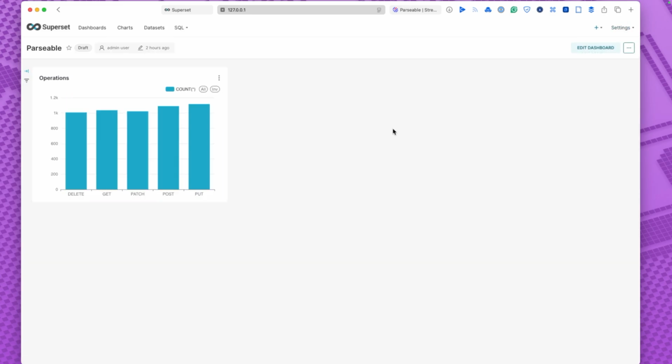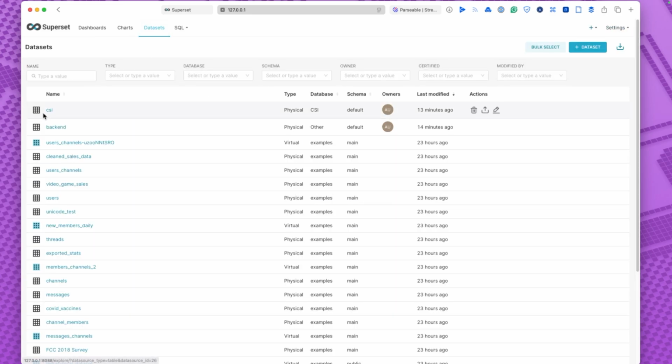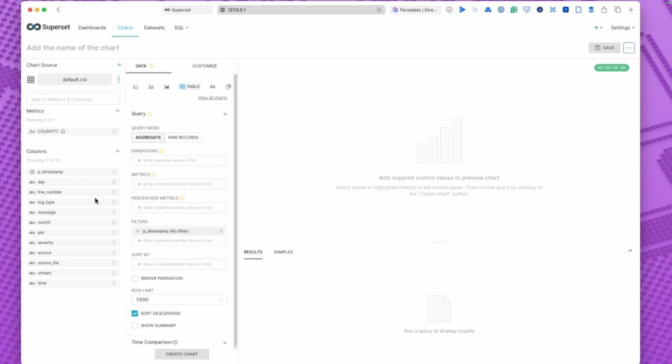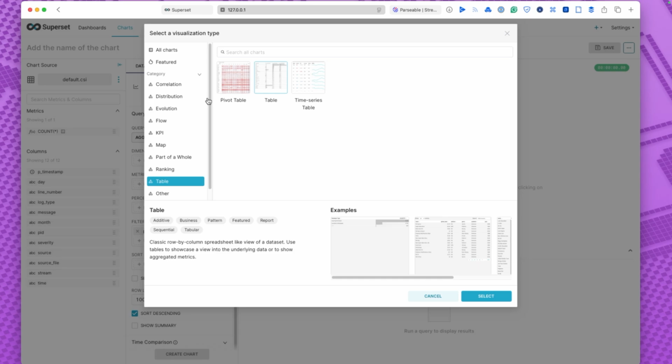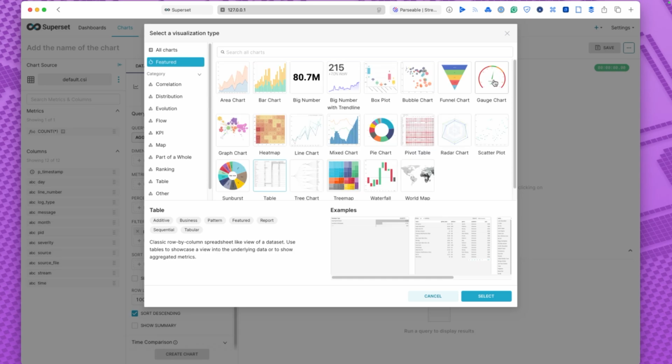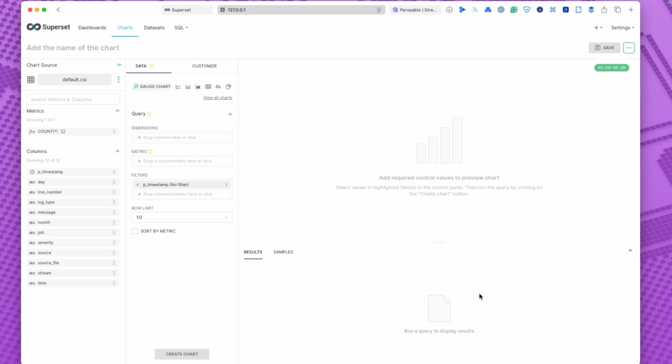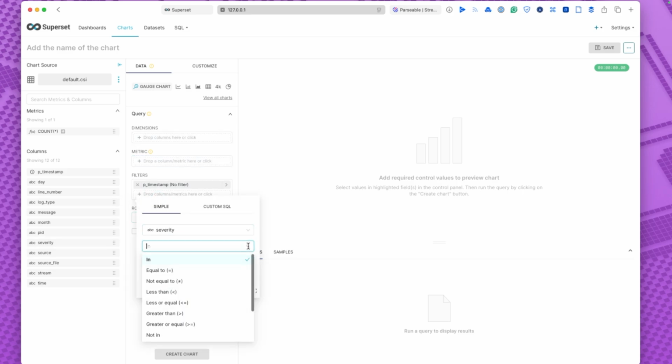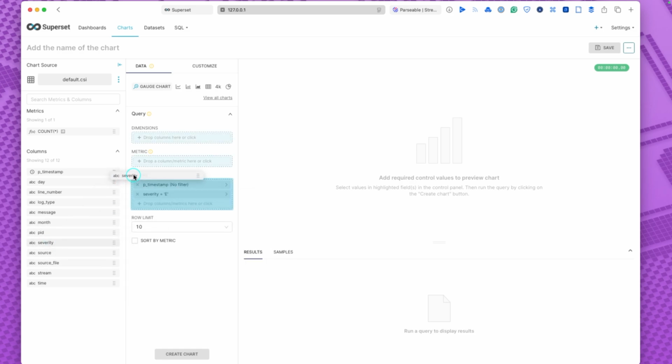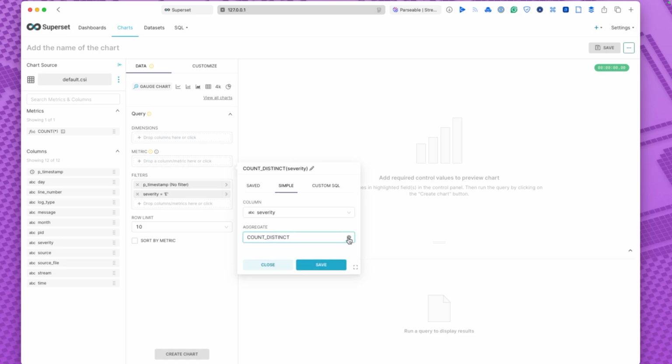So relatively straightforward visualization. So next I'll create another one from the CSI dataset. I'm going to change the type, the visualization type, to a gauge chart, something that kind of shows green or red dependent on the values behind it. I'm going to pick severity and filter this one. So equal to, and I only want to pick error. And you can see it pre-populates the values there, which is pretty helpful. Also drag that to the metrics, change count distinct to count. So we get the totals.